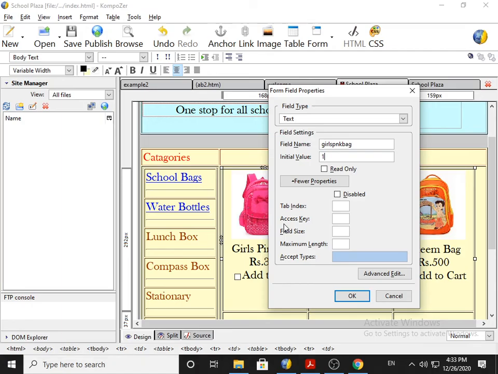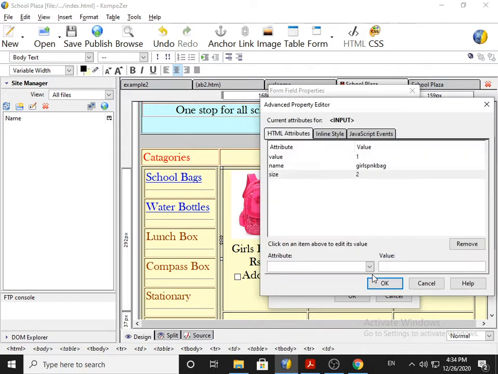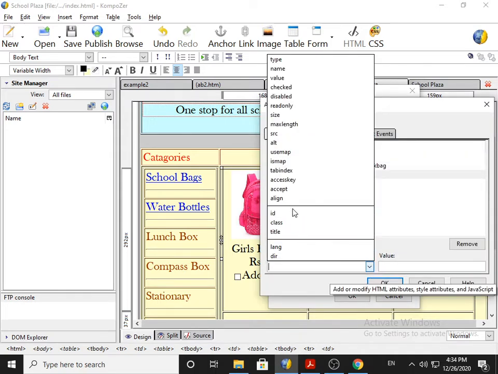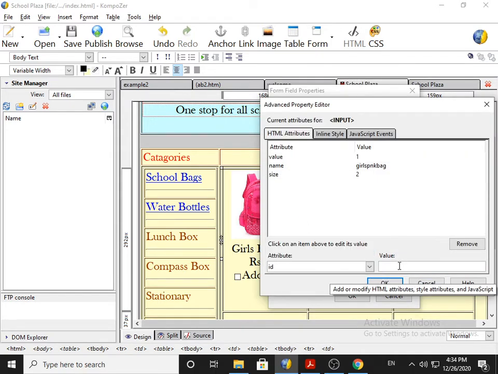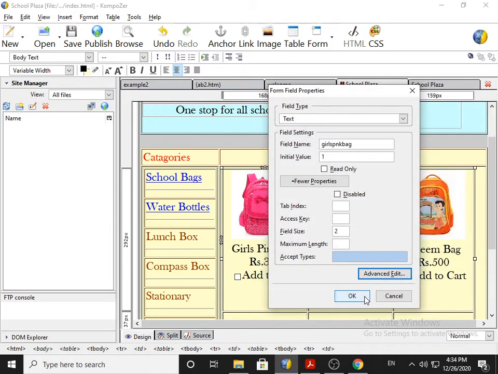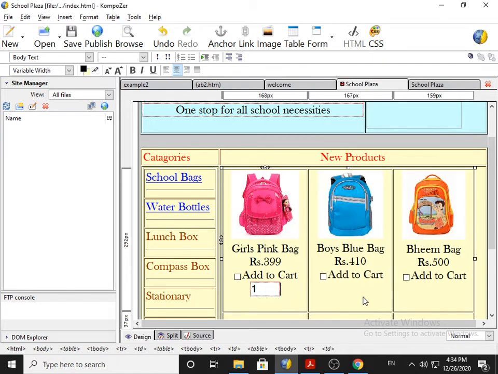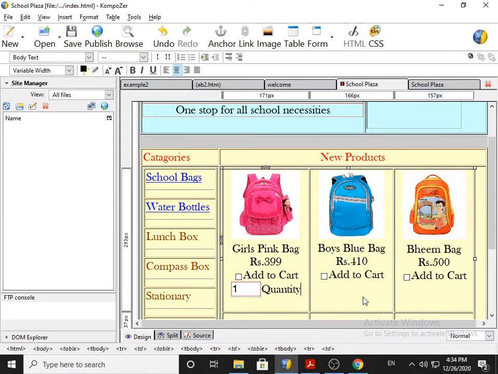So field size means up to 2 digits, so I put 2, advanced edit, again ID Q1, and OK, and OK, and here we write quantity.